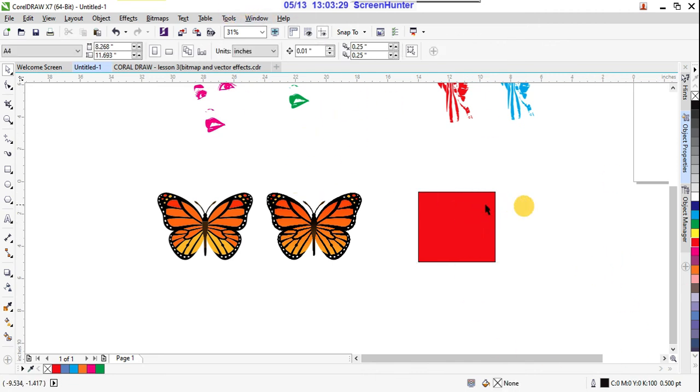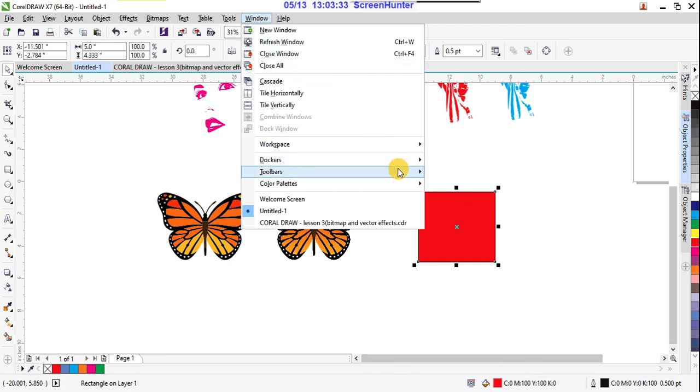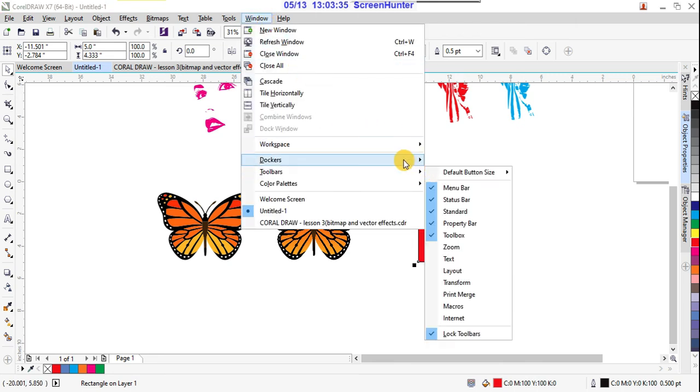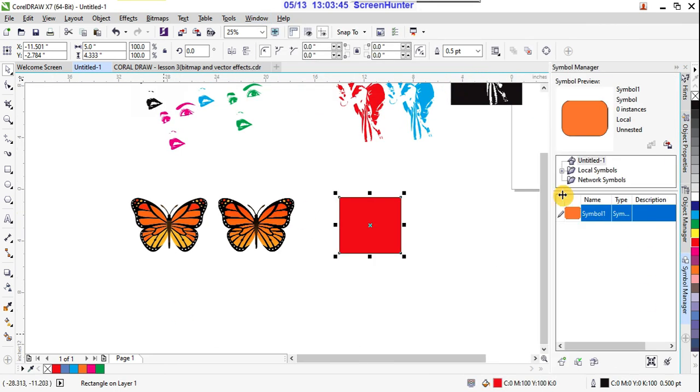Suppose after selecting your object, go to Window, and there the dockers are there. In that, select Symbol Manager. The shortcut is Control F3, yeah, Symbol Manager is there. Here the default symbols are already inside, and this one I created last hour. So this is my symbol, right?